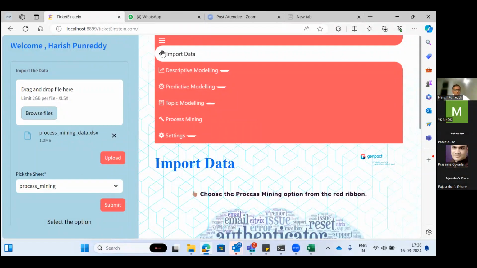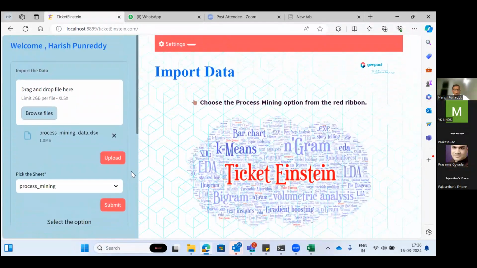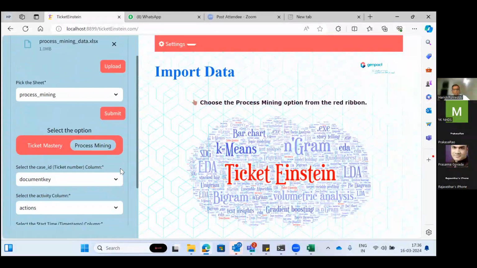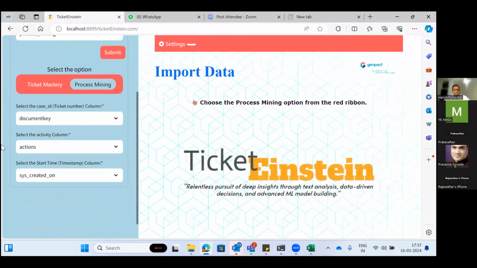So what we thought, within this recently added feature, is to have some kind of insight into how the process is happening within the tickets from event to event. This is our attempt.